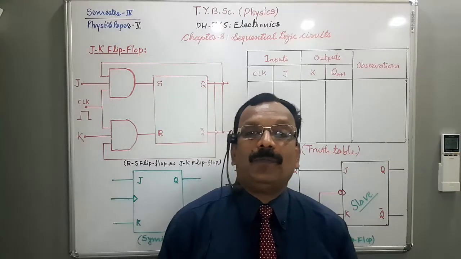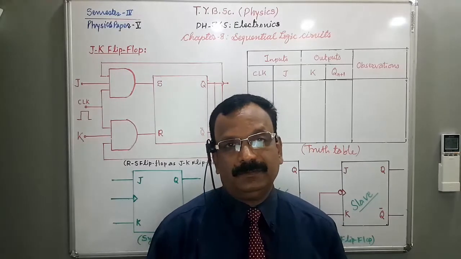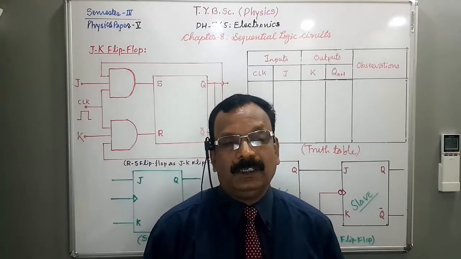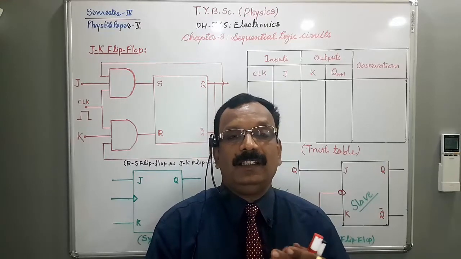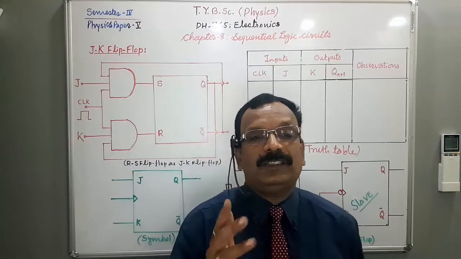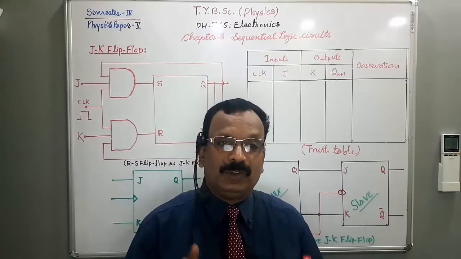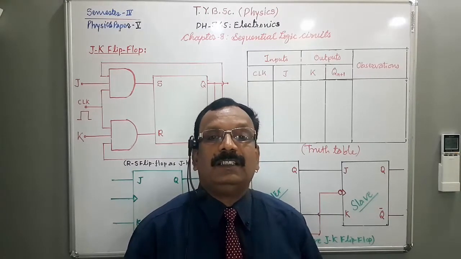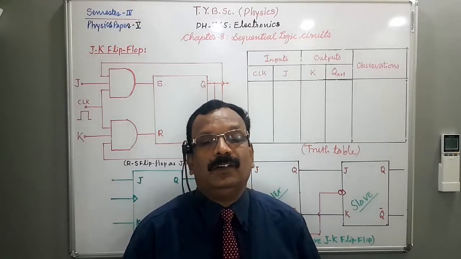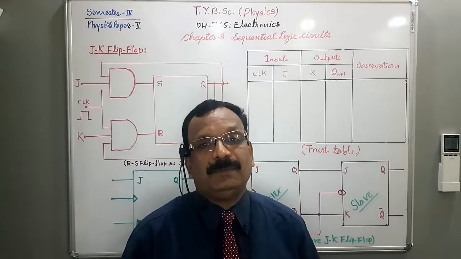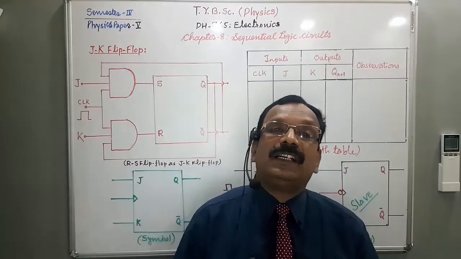In the RS flip-flop, one state is not defined, either 1 1, that is when R and S are 1 and 1, logically high, or when R and S are logically low, that is 0 0. These states cannot be defined by the RS flip-flop. But in the JK flip-flop, all the states are defined.